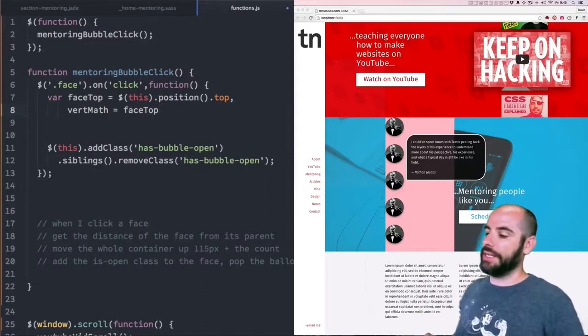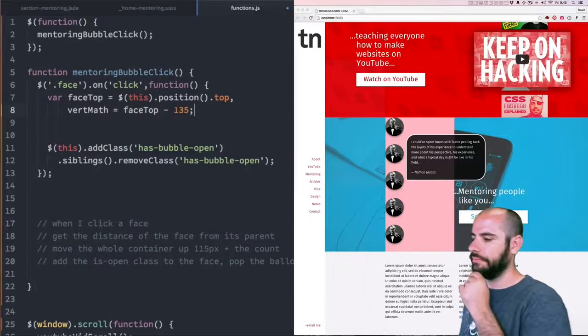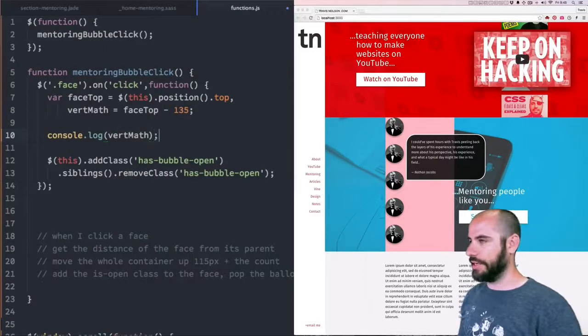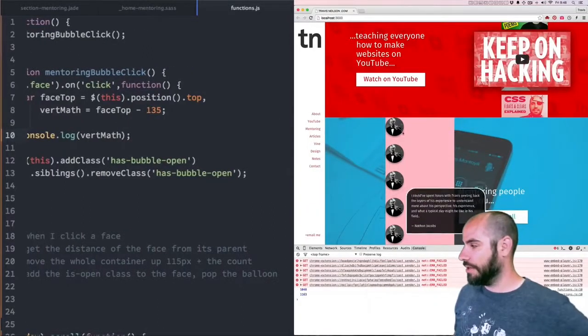Face top minus, what do we say it was? 135? Let's run a console log, and we'll say vert math so that we can check and see if it's given us what we want. All right, so when we click here, we want to know,